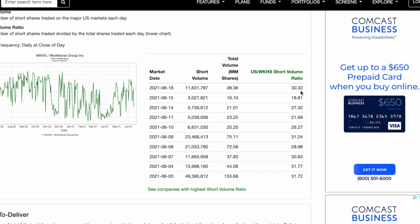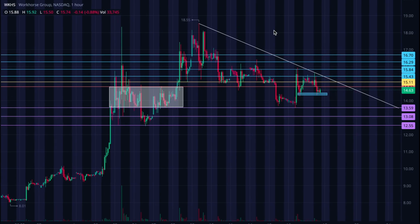In the 30s is where it really gets either the pressure from the shorts, the heat gets turned up and the price gets pushed down really hard, and or the potential for those shorts to be extremely over leveraged and run the risk of getting squeezed out in a few days really starts to amp up. So one thing to keep in mind, a bunch piled in yesterday, and if we look here at